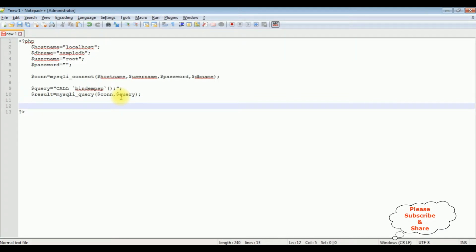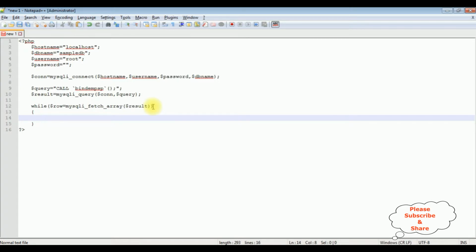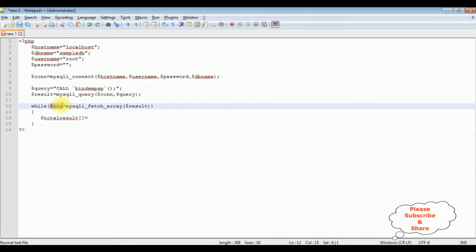After the stored procedure is executed successfully, I want to fetch the records. For that I am using a while loop, while $row is equal to the mysql_fetch_array method. This is a small a. I'm adding this $result. Then $total_result_array is equal to, I'm adding this $row,